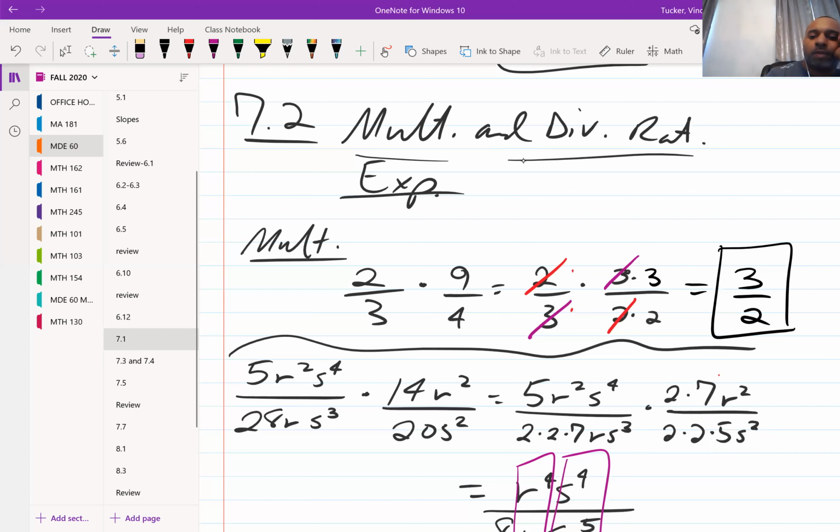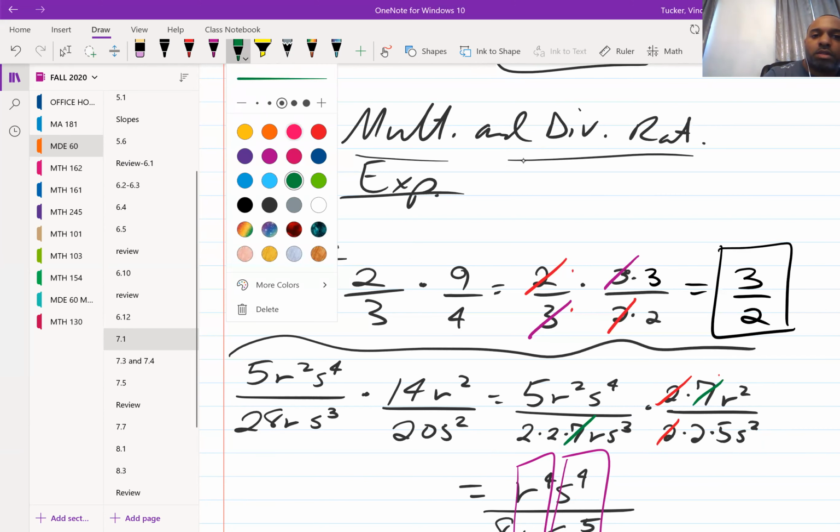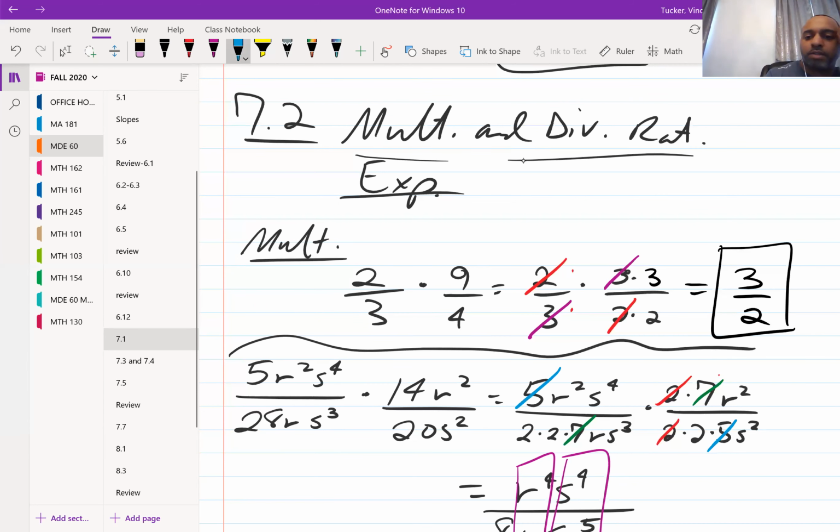All right, so there's only one 2 that we can cancel out. So it doesn't matter which 2 in this denominator I use. Just remember you can only cancel it out once. So one 2 cancels. I have a 7 that will cancel. Then also a 4, I mean, a 5 that will cancel. All right, so all of my numbers cancel out in the numerator, and that leaves me with